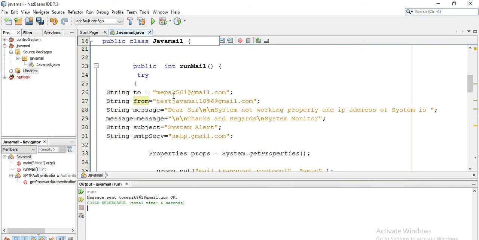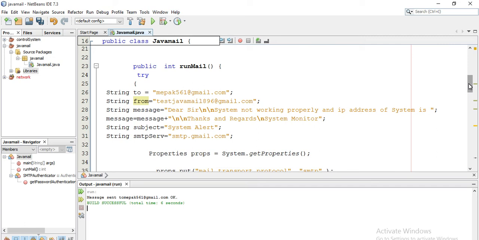And I have already mentioned that you can change this value by taking the to, message and subject from the user. You can put a variable here, and you can set some input/output function, and you can get a value from the user also. Whatever value you have entered in to and message, your application is going to send the email to that person.